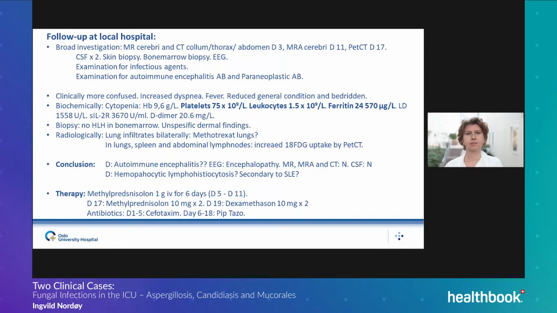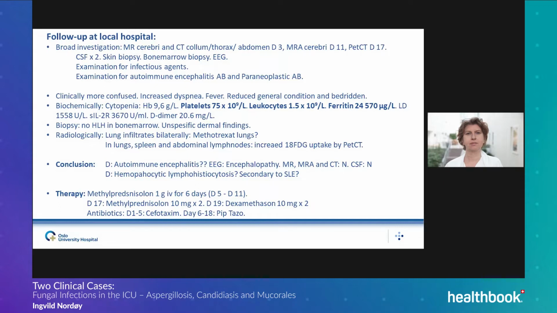So they concluded, could this be an autoimmune encephalitis? Her EEG showed encephalopathy, but there was no pathology on the MR angiography and the CT of her brain, and the CSF turned out normal both times. They didn't find anything there. And then this HLH, as we call it for short, was coming up. And was this connected to her confusion? Was this all an SLE really going through the roof?